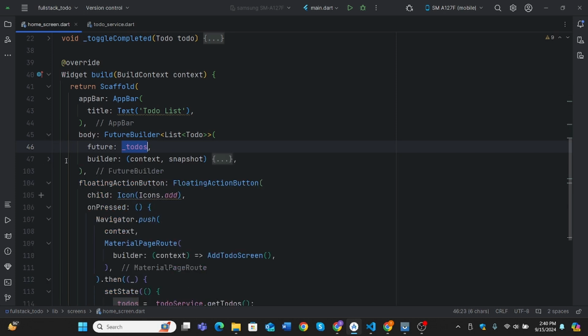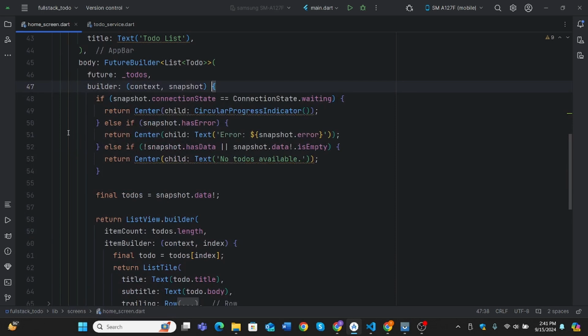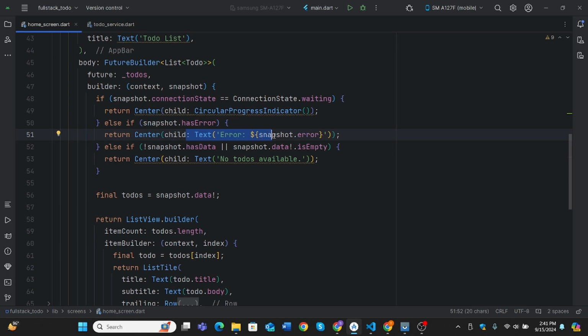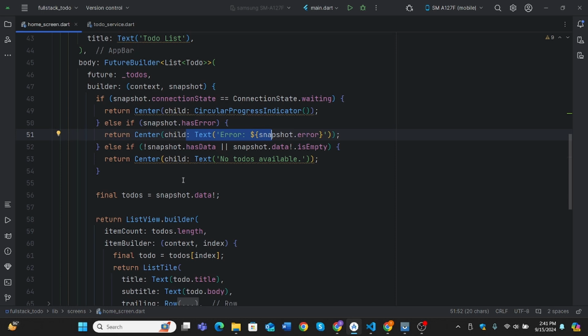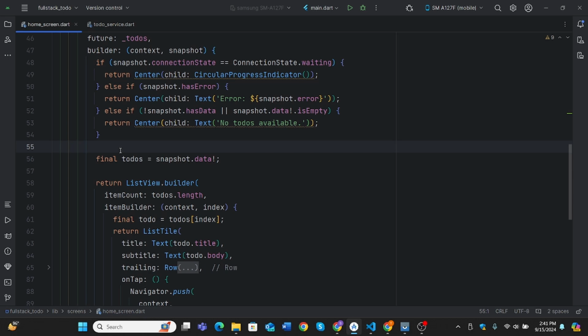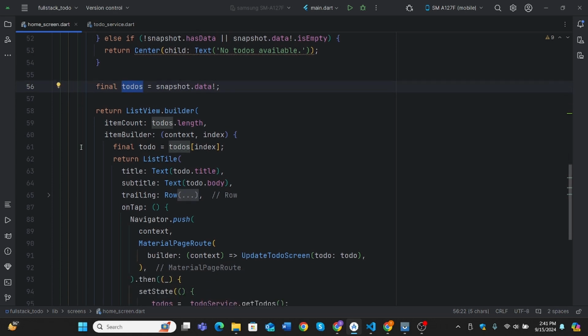Okay, now there is a builder. We will handle our snapshot's different scenarios, like if it is in waiting, then we will show a circular progress indicator. If it is an error, then we will show the error in the center of the screen, and if data is empty, then we will show no data available, no to-dos available. And in the else statement, we will fetch all the data and assign it to to-dos, and here I have used list